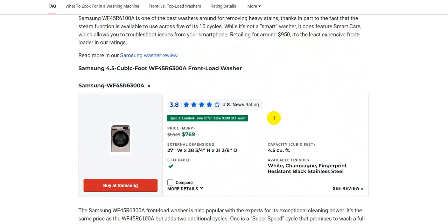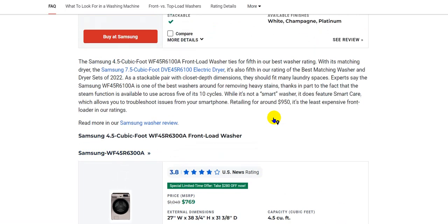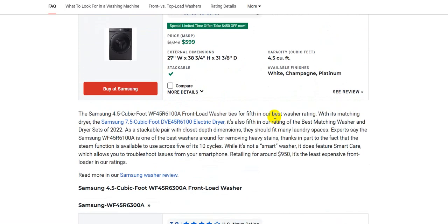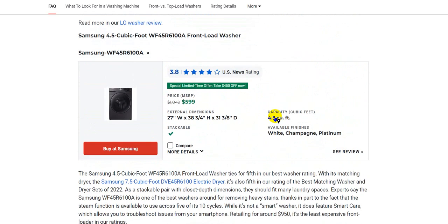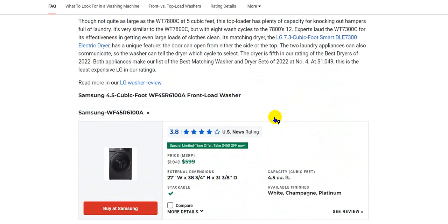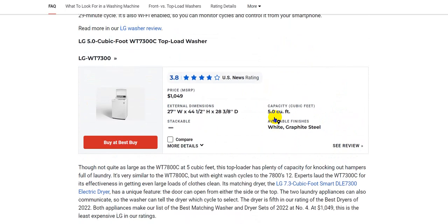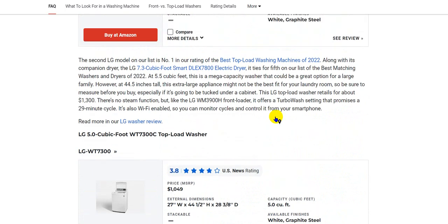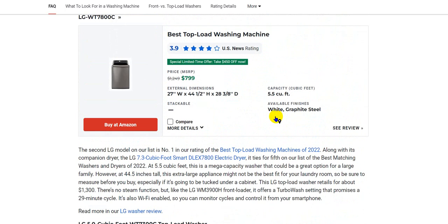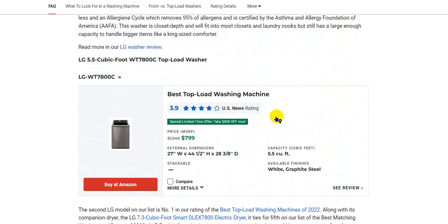With its flex wash innovation, this unit can run two separate loads at the same time, one in the lower 5 cubic foot front load piece of the unit and the other in the upper 1 cubic foot top load segment for speedier clothing cycle back. Besides, the super speed setting lessens wash time to around 30 minutes without